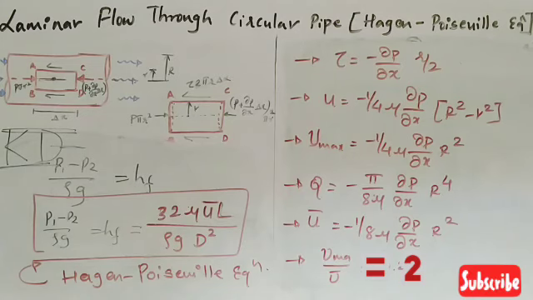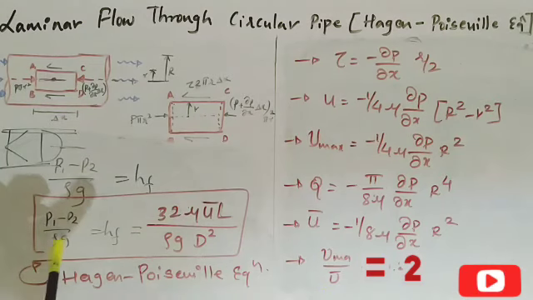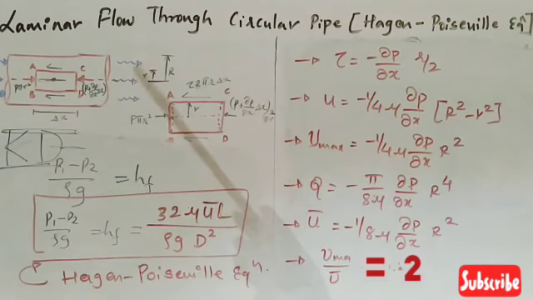You may feel that this derivation is very lengthy, so this question might be asked for more marks. But generally in most examinations, they have asked only up to these equations, and have not asked to derive the Hagen-Poiseuille equation. Most of the questions ask to derive or prove that the maximum velocity to the average velocity ratio is equal to 2. In some examinations they have only asked for the velocity distribution and the shear stress distribution. So based on the question, you can go for the derivation.